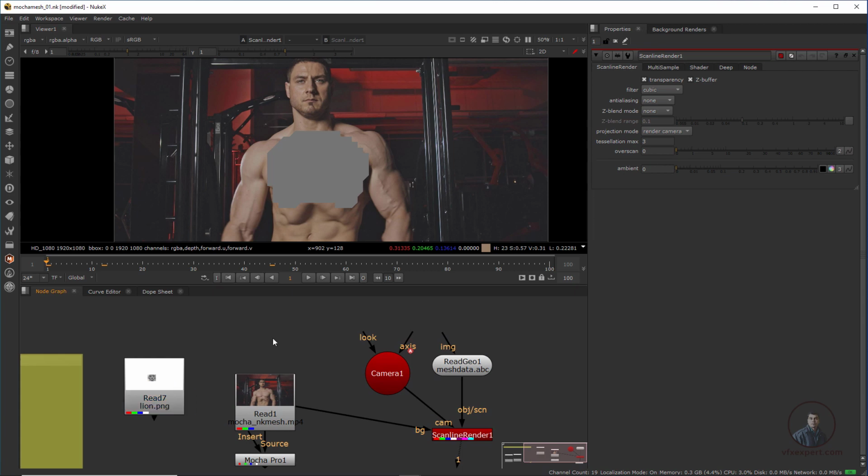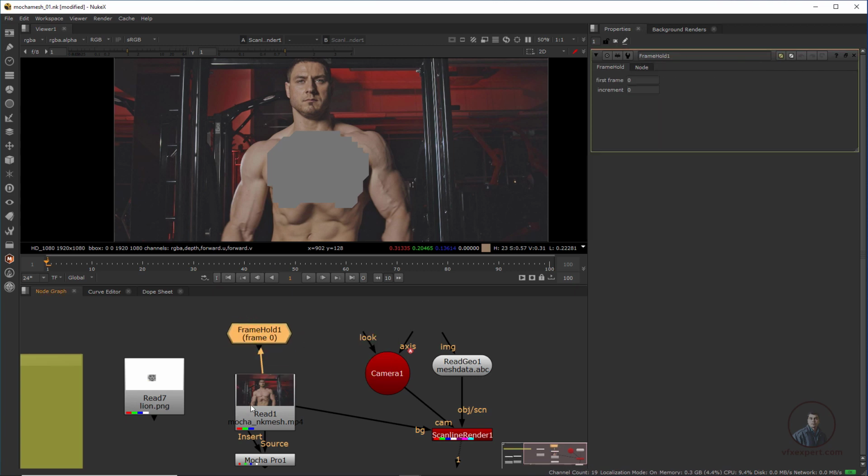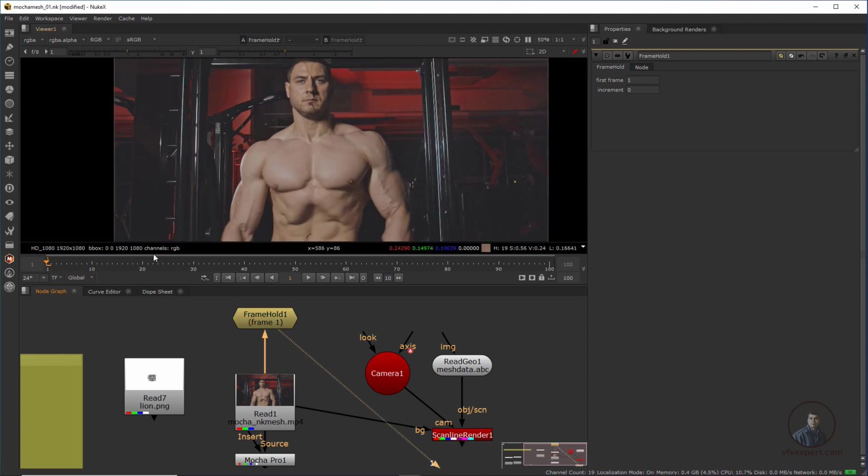So how can we do all these things? See here, simple compositing is here. First I am going to create a frame hold, where I want to composite this image, on the first frame. So press tab, type frame hold. This is only for reference, remember this one, only for reference, for perspective matching, all these things. Take the frame hold and connect it to the original footage, then tab and type 1 here. Now select this one and press 1 here, so you can easily see. This is only a reference image.